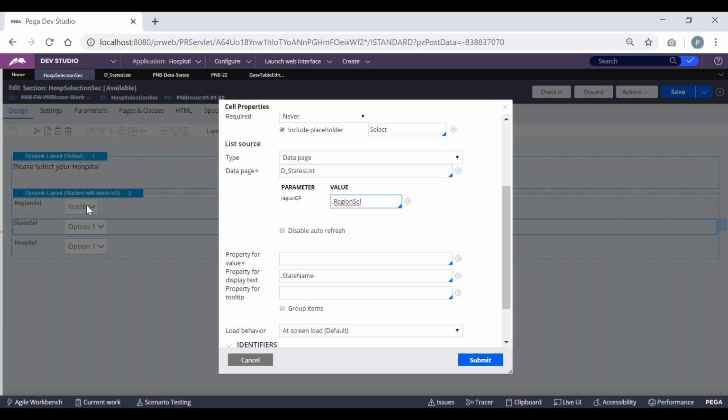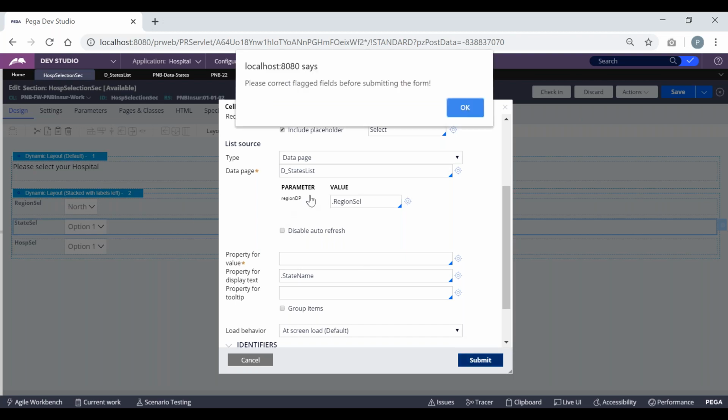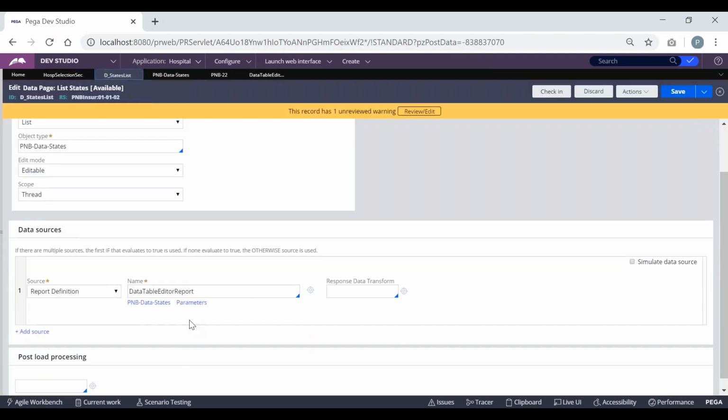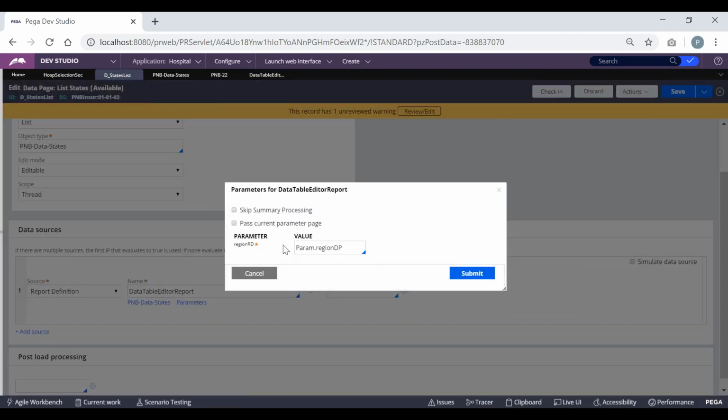If I select this region manually, that value will be selected, and during this list source execution, the data page has some parameter defined, and it should be seeking the parameter value that we select in the first drop down, and this parameter value has to be passed as a parameter to this report definition. So here we are providing the link. The parameter for this report definition should be this value.